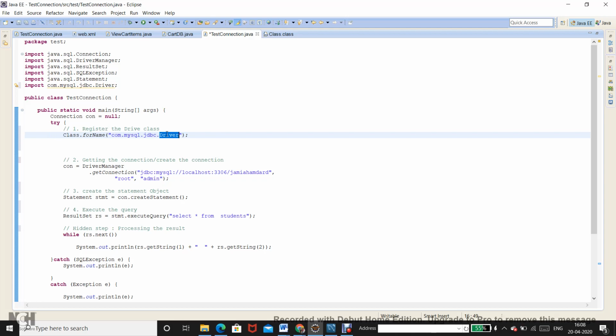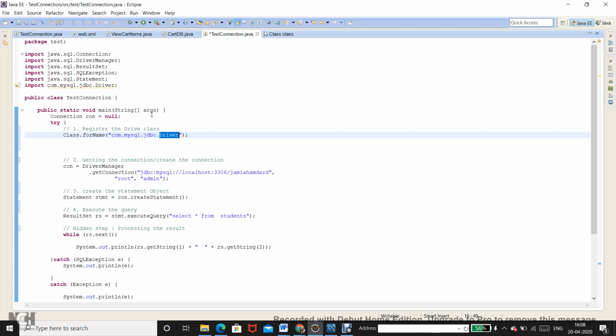Because it's available in the classpath, that is, in the build path where you have added the library, it will go there. If there is any library added in my project, it will find the JDBC driver library over there, and then it will look for this particular package structure, that is this particular folder, and see whether Driver.class is available over there or not. Whether the bytecode of the driver class is available or not. If it is available, it is going to load the definition dynamically at runtime, not beforehand.